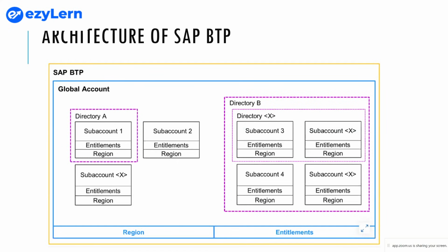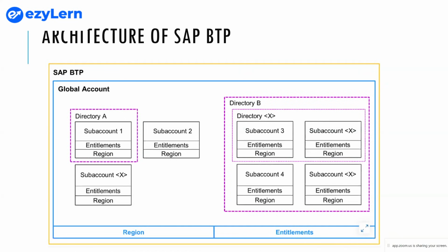Okay. What about directory A and directory B? So here if you see, you only have one directory wherein you have one account. Whereas in directory B, you see here you are holding multiple sub accounts. Okay, so you may have even a subset of other directories held in a main directory. So what directories are doing is allowing you to organize and manage your sub accounts according to whatever business needs you have.